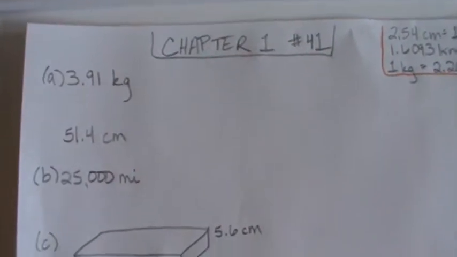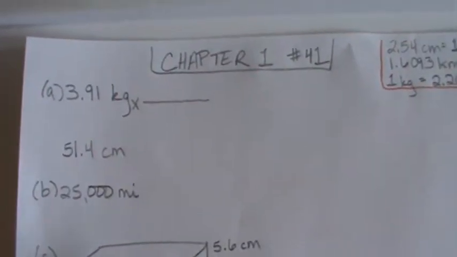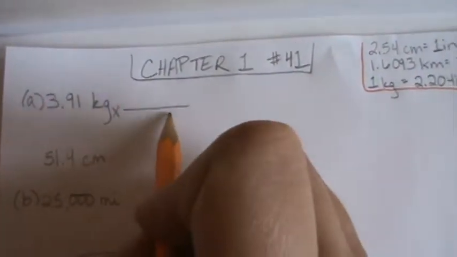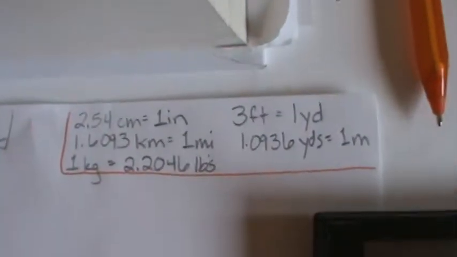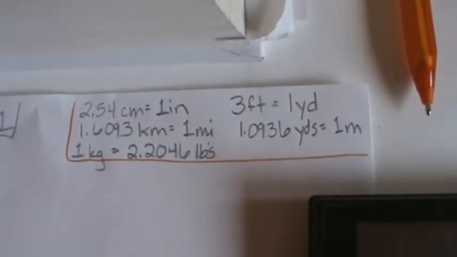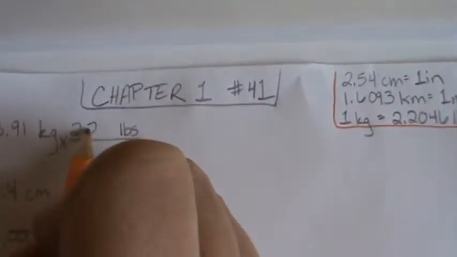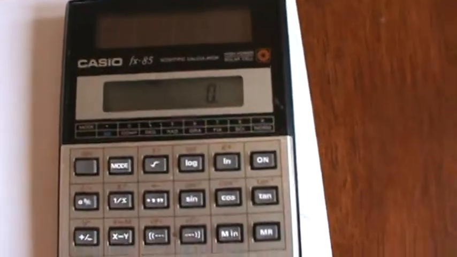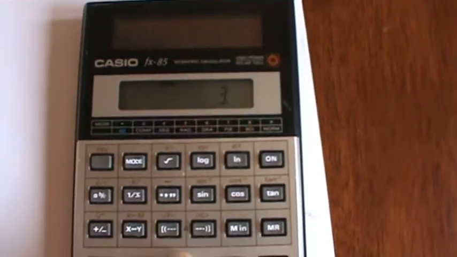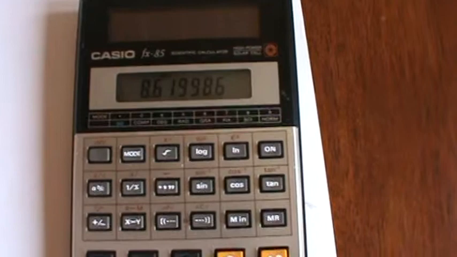The way we're going to start is we start our conversion here, and we have kilograms, so kilograms need to go on the bottom and pounds need to go on the top. Now we look at our conversion factor and we see that 1 kilogram is 2.2046 pounds. Put that here, 1 kilogram here and 2.2046 pounds here. Now we come over to our calculator and we type this in. This always gets tricky for me. 3.91 times 2.2046 equals